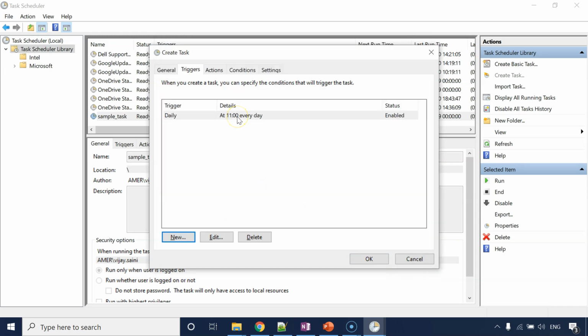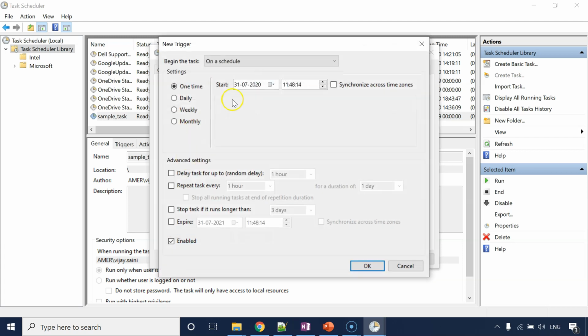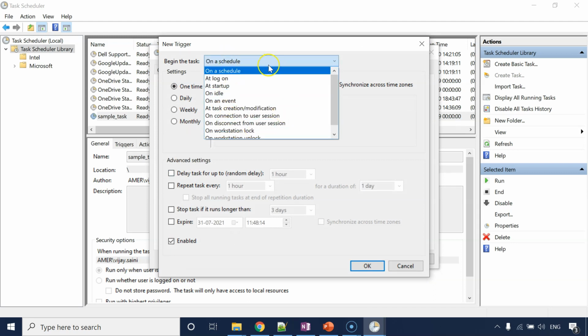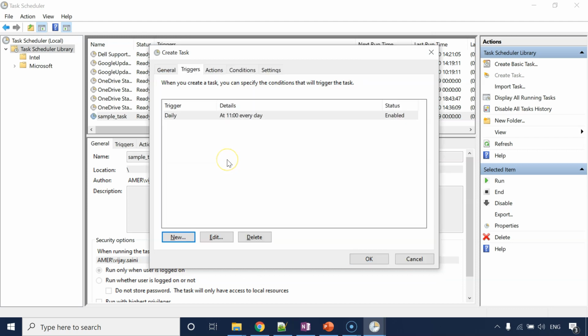Okay. Please note, your scheduled task can have multiple trigger points. It can be based on time schedule as well as event or any other option from here, right? So you can define as many triggers as you want. All right. So your trigger is defined. Up to this point, we have defined the trigger and the scheduled task will begin, but what action it will take, we have not defined. So basically your task is of no use up to this point. Let's see how we can define an action for this scheduled task.